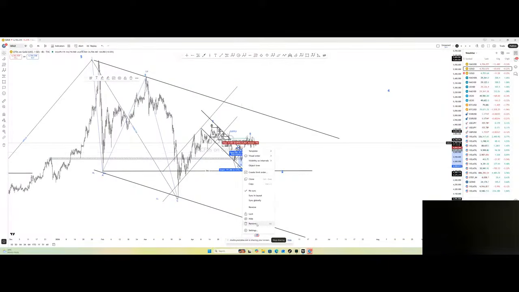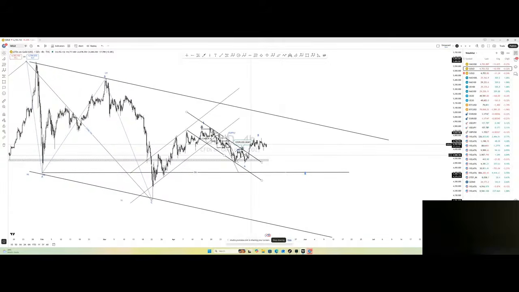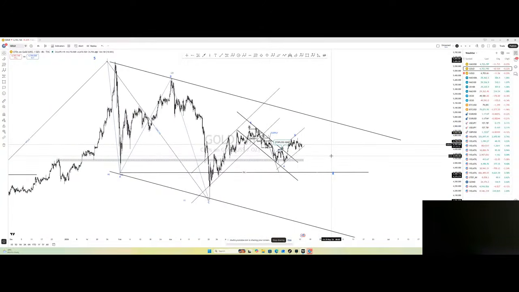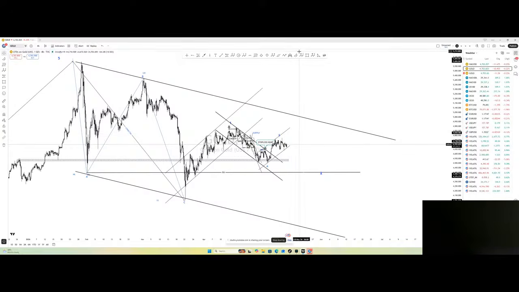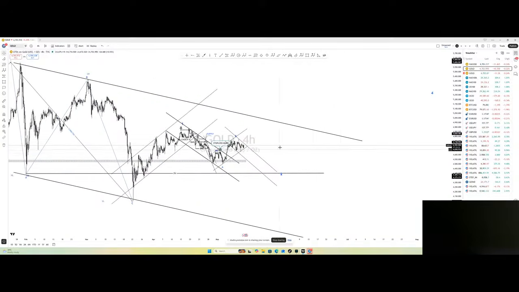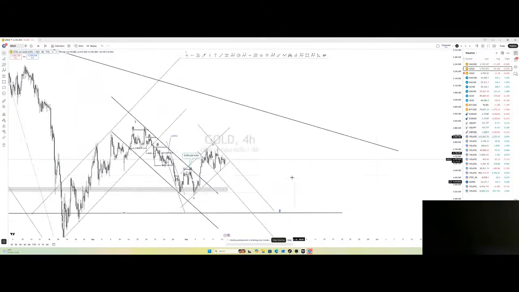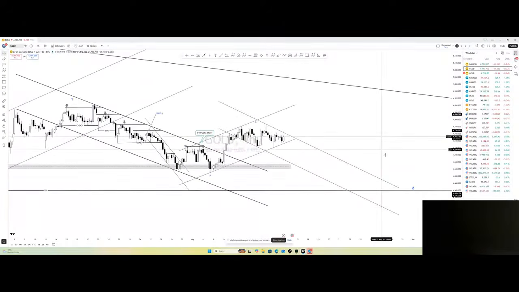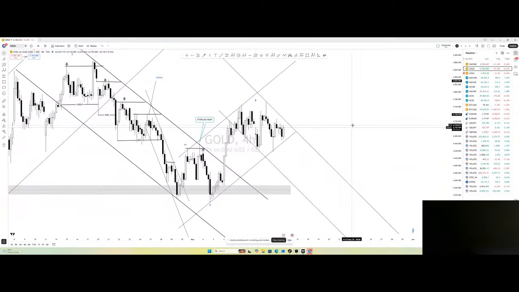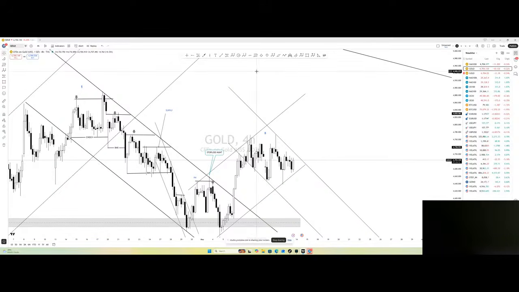Let me remove this. This is AB. I think then we have to have another one for C. But we'll see how price works out here. So what I'm doing now is, I know price has reached this level, so we need to